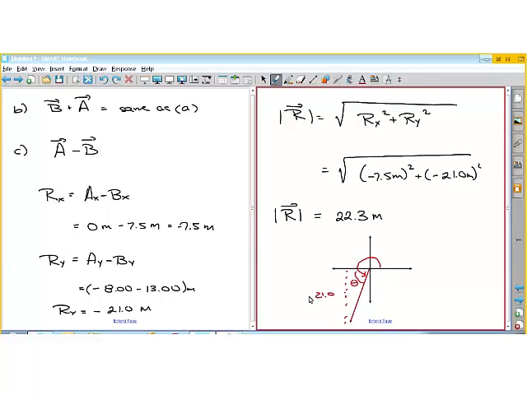This side is 21, and this side is 7.5. So the tangent of theta, using the positive values, is 21 over 7.5. So theta is the inverse tangent of 21 divided by 7.5, and you get